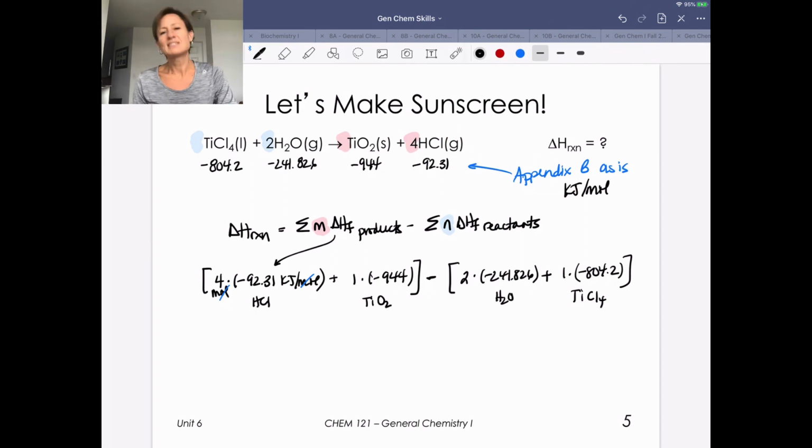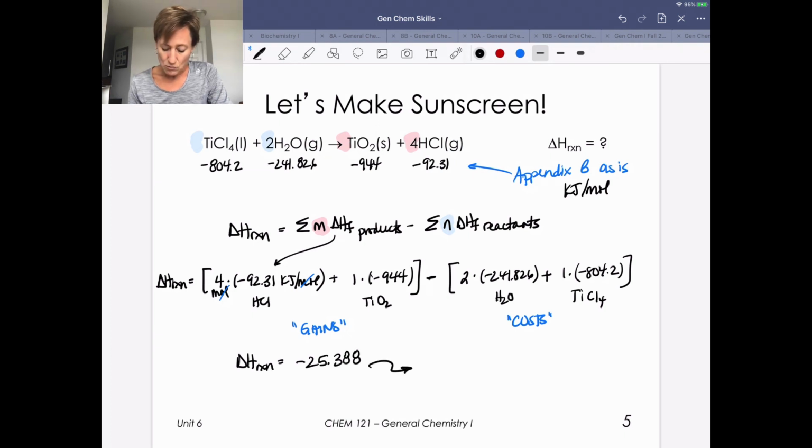Okay, so I have all of these things. This is almost like balancing your checkbook or something like that. There are all of these pieces that have to come together. I'm going to do all this math. Remembering these are our gains, these are our costs. If you want to figure them out each separately, then you can do that. But at the end of the day, this is all going to be equal to delta H of reaction. Delta H of reaction, when I sum everything up here, is going to be equal to minus